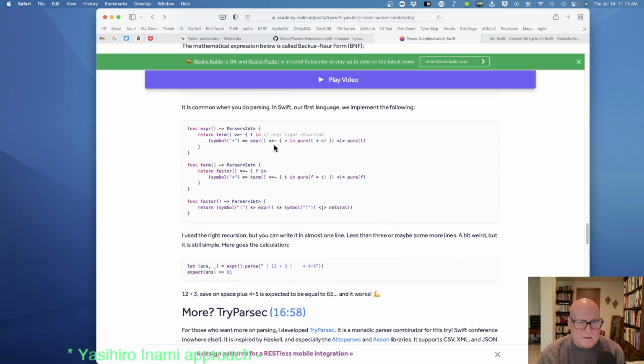Okay, expr. Now, interestingly here, I guess it's kind of recursive. Return t and symbol plus expression. Pipe to e pure plus t plus e. So it's calculating a result or just the term value. Yeah, okay. Yeah, so parser, it results in an int. Interesting. It's evaluating as well as parsing it, I guess.